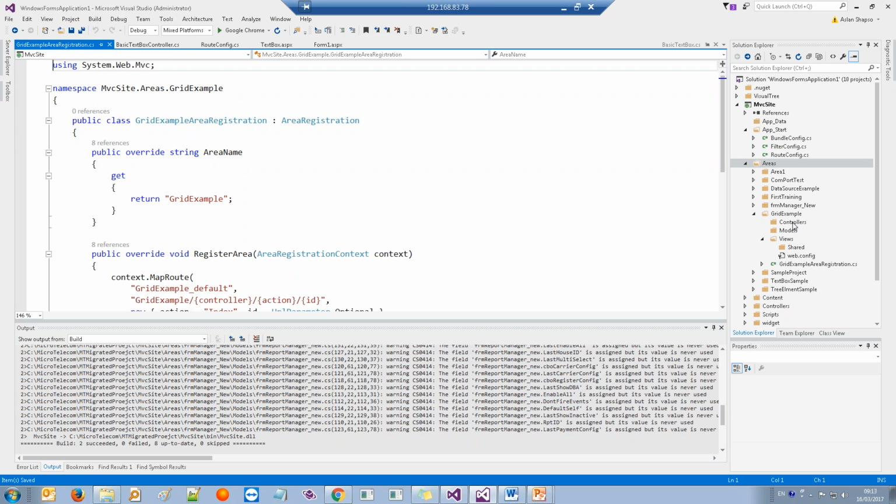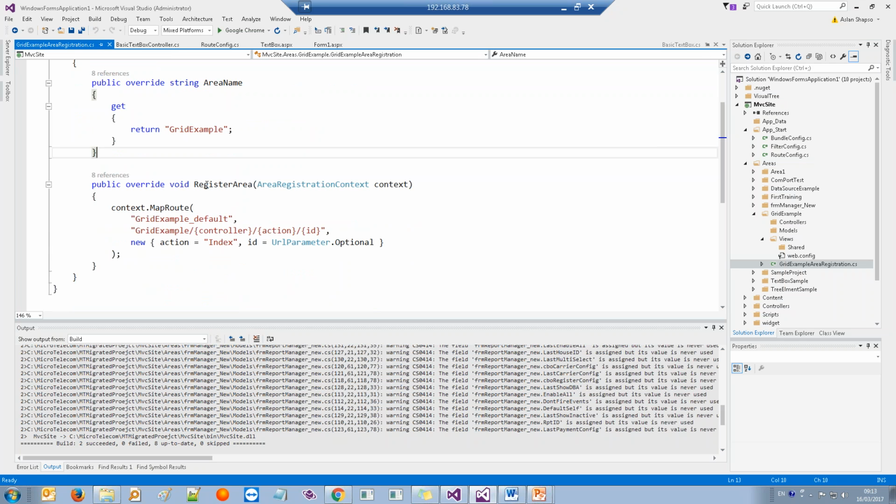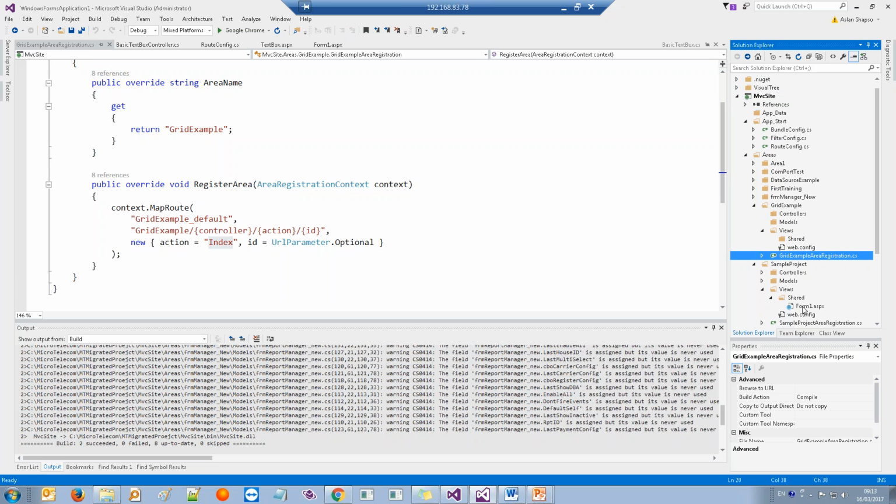Now, as you can see, the controller is empty, also the model, also the views folder. Now, let's look at the grid example area registration. The area name is matched to the folder name, and also the register area. We have the grid example default, also the action result to match the controller that we will create later. Now, one thing we must change is to add